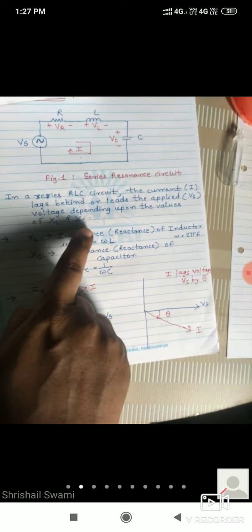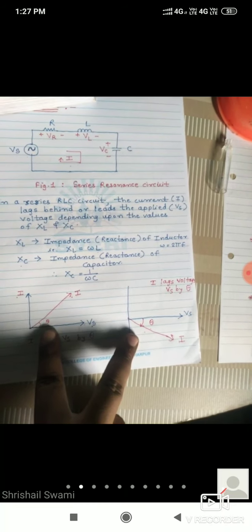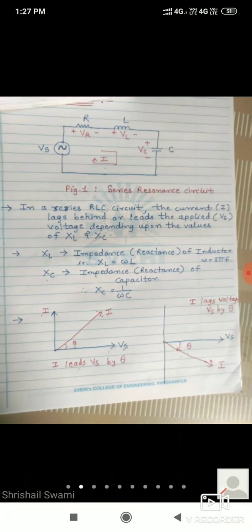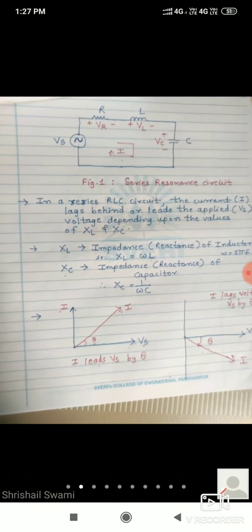So in this way the current I lags behind or leads the applied voltage Vs. It depends on the values of XL and XC. If the values of XL and XC change, these positions will change. So according to that the concept of resonance will depend. Okay. So tomorrow in tomorrow's lecture